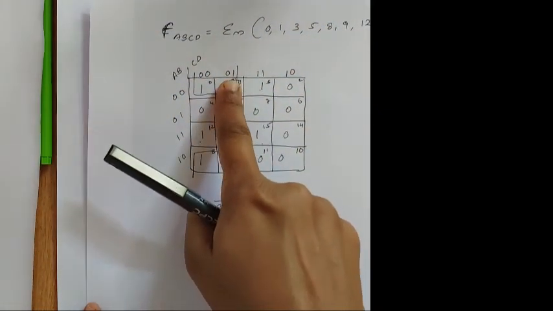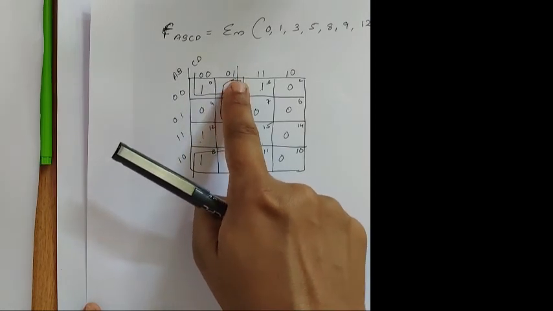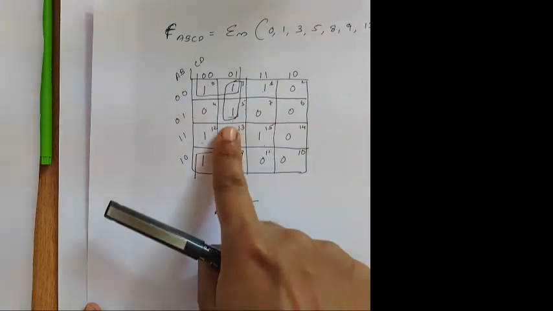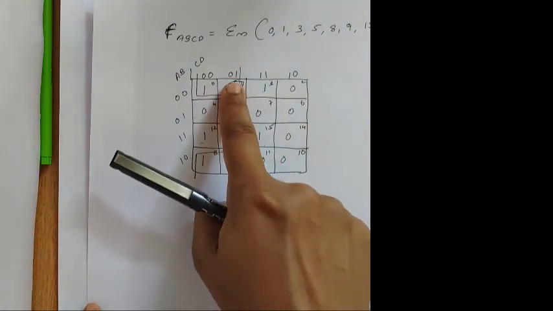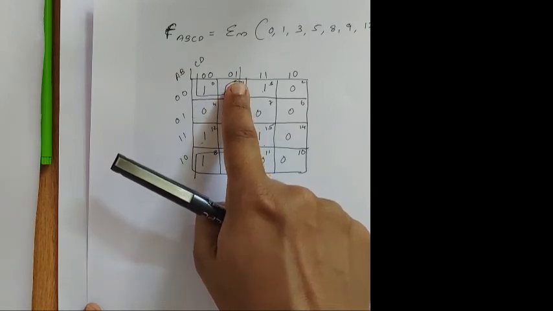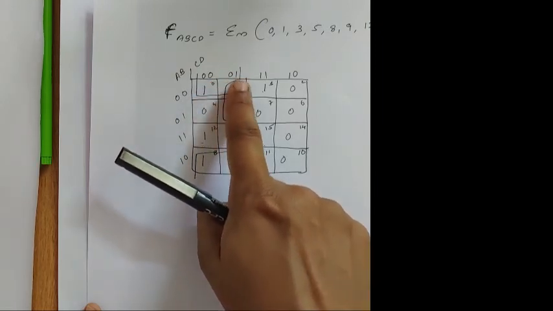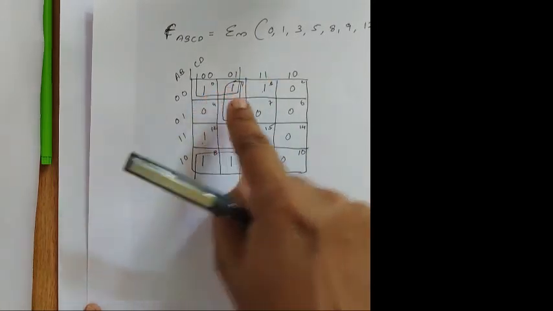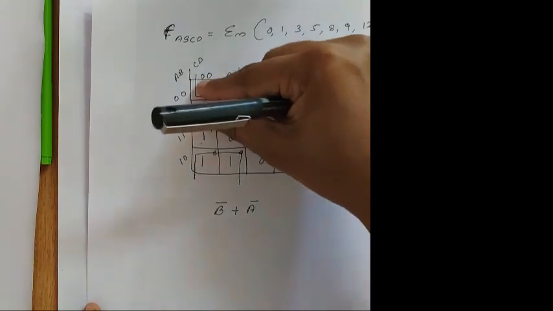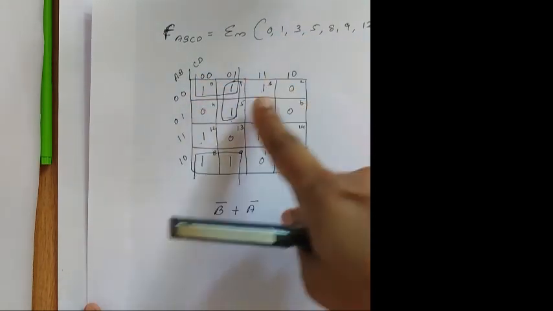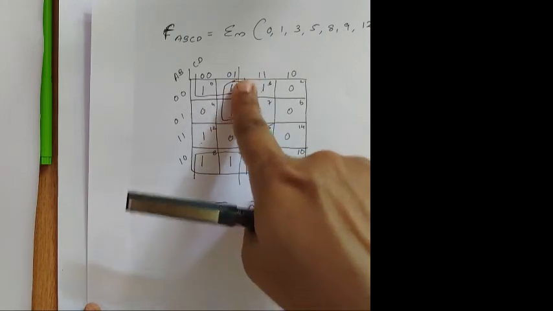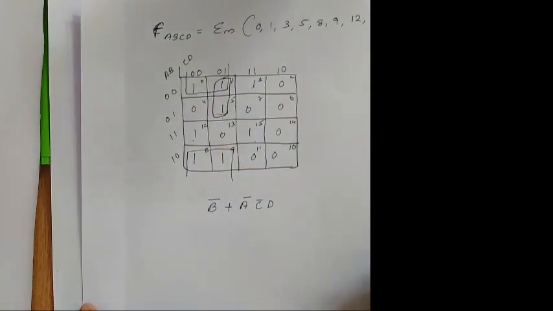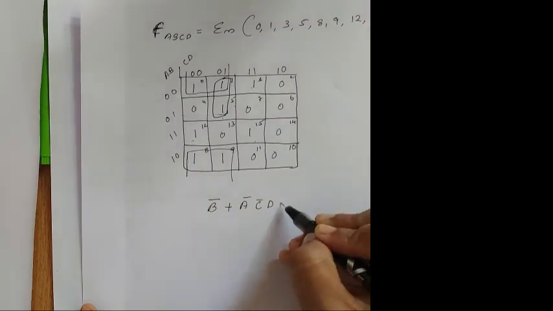The same thing, this is only in the same column, so you have to take both the variables. You don't have any switching over there, you're not comparing with any other, so you have to take the same thing. So this is C bar D bar, C bar D. Here you are taking two columns, two rows, so you are comparing these two. Here there is only one column, no need to compare. So you will get C bar D. And that is over.